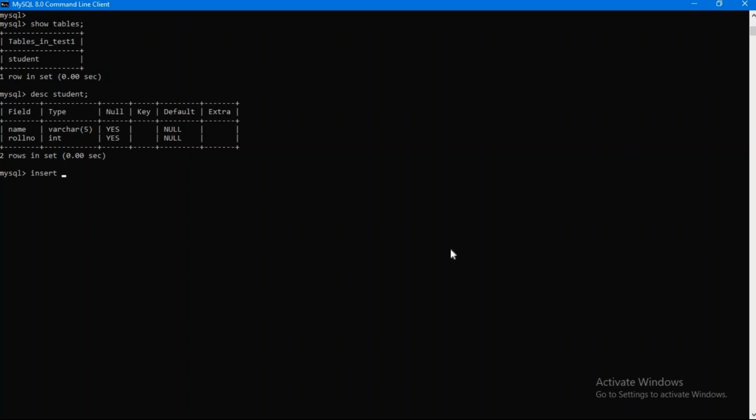Insert into, followed by table name student, and then here come the column names. So you have to give name followed by roll number, as those are the two column names that we assigned to it. And then you need to enter the values to it.